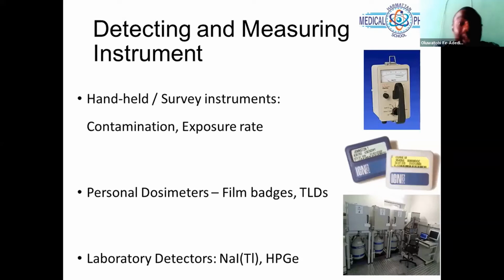So handheld instruments can be used just to do a quick survey to determine if the person has been contaminated and what the level of contamination is. We also have personal dosimeters that are used for individual monitoring. So as a patient or as a staff in the hospital, you can use these personal dosimeters to